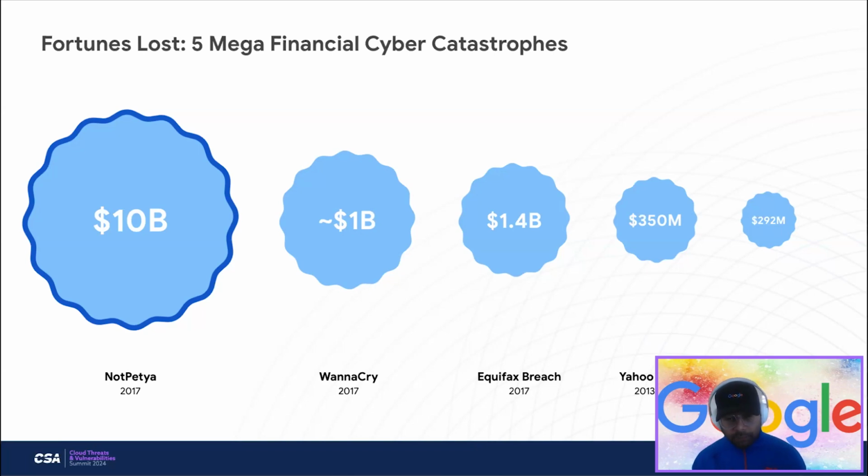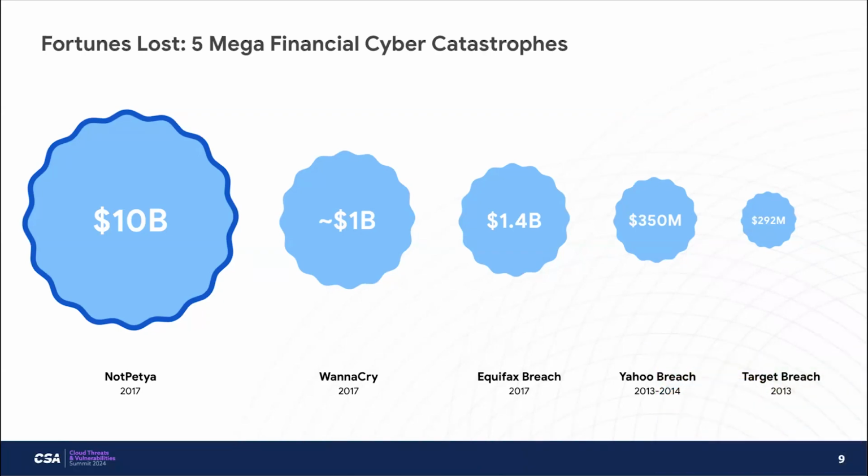And if you look into the last five biggest breaches that have happened, not only the timelines but also the dollar amount that those cyber breaches have affected keeps on increasing. If we start from the Target data breach, that was in hundreds of millions of dollars. Then the Yahoo breach increased that to $350 million. And as we shift more towards the left, it's moving from hundreds of millions of dollars to billions of dollars to tens of billions of dollars, and it would keep on increasing.